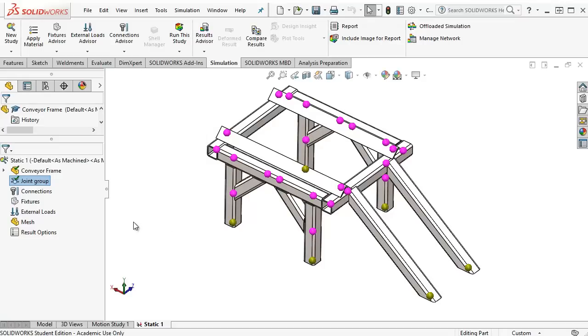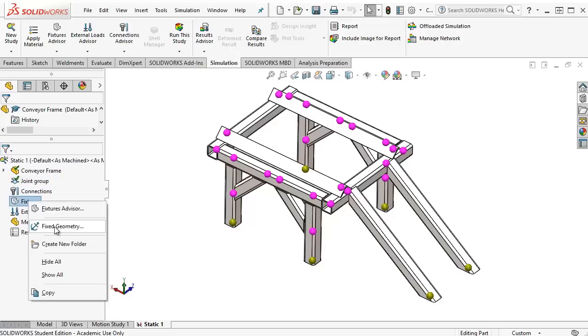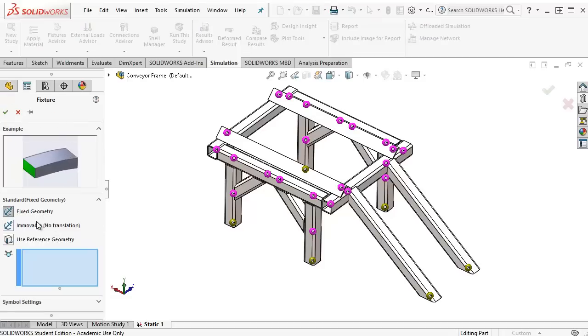So in this calculation we don't have any connections. We only have the beams, and they are connected through the joints, so we won't have any contact conditions or anything like that. So let's move on to the fixtures. Right click fixtures and let's click fixed geometry. In this case we only have 3 different types of fixtures to select from. It's the fixed geometry that removes all of the degrees of freedom, so all 6. We have the immovable fixture that removes only the